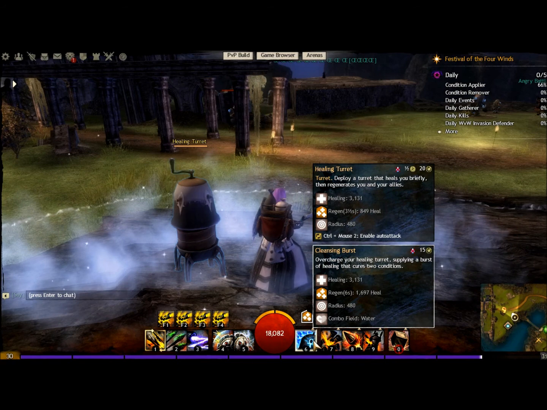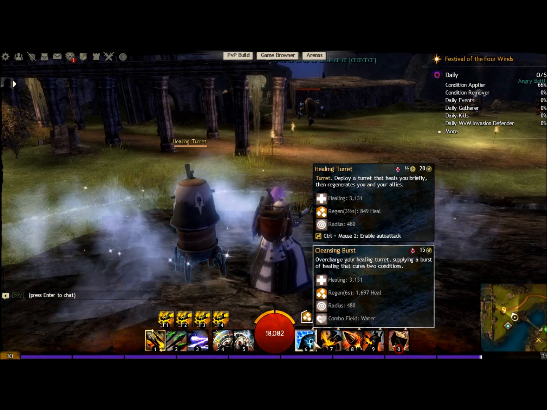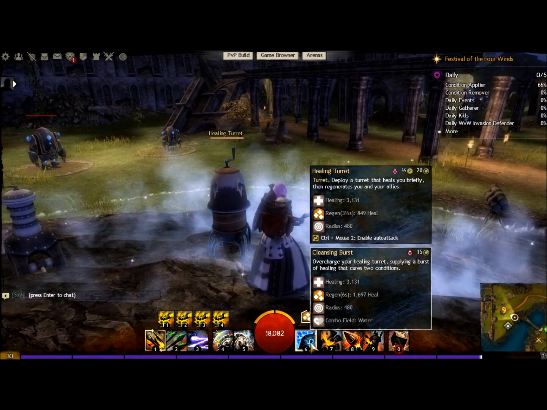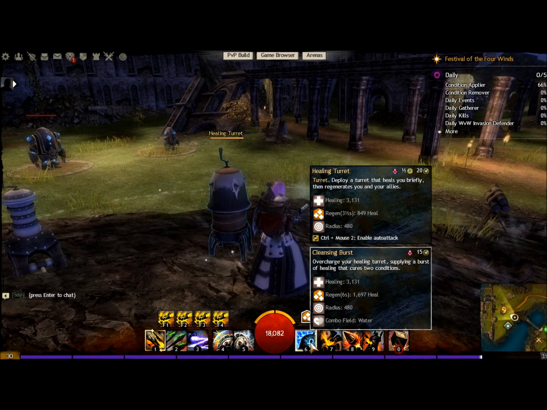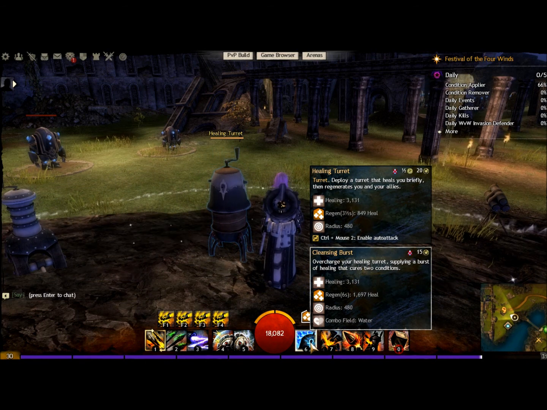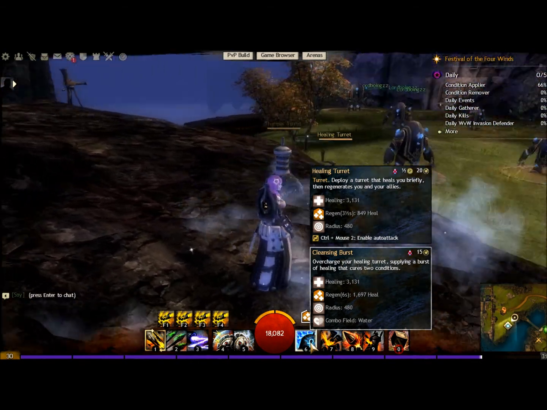Now, if you activate it again, it uses Cleansing Burst. Overcharge your healing turret, supplying a burst of healing that cures 2 conditions. So when you activate it, it heals you again for 3131 health and gives you a better regen for 6 seconds at 1697 health. The radius is 480. You can see the radius around